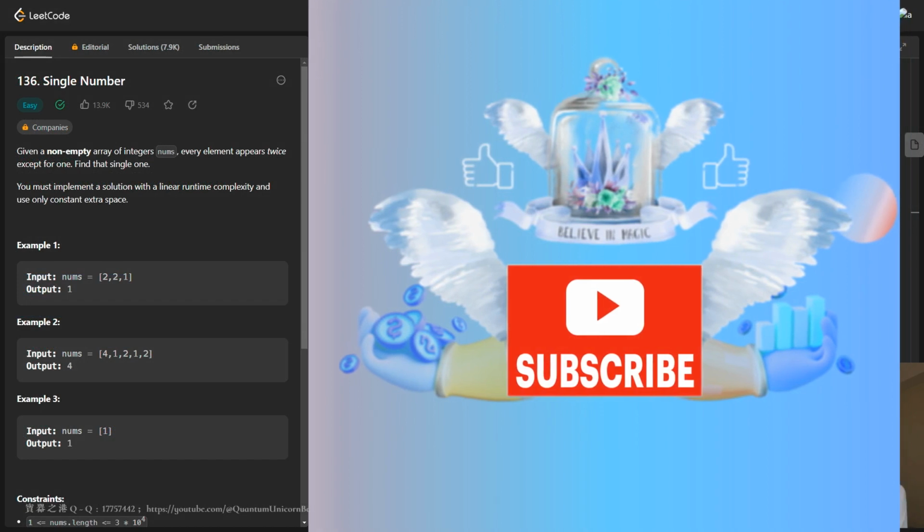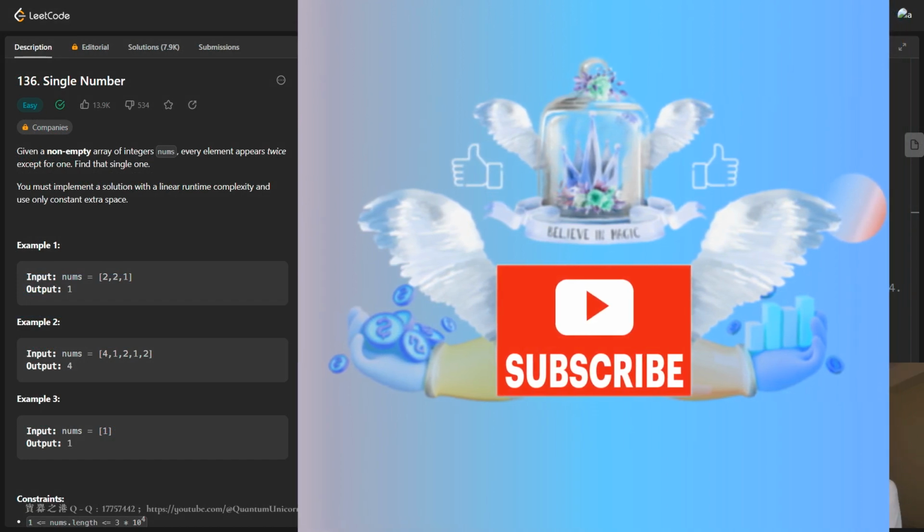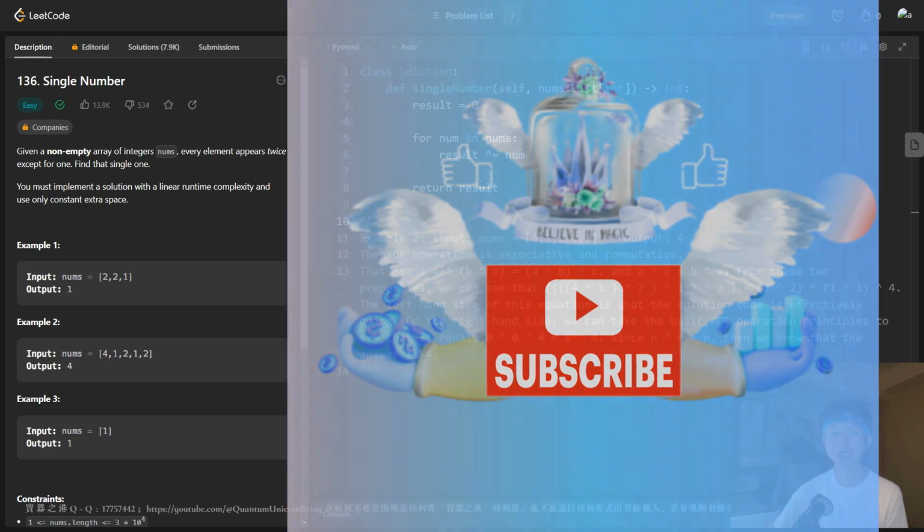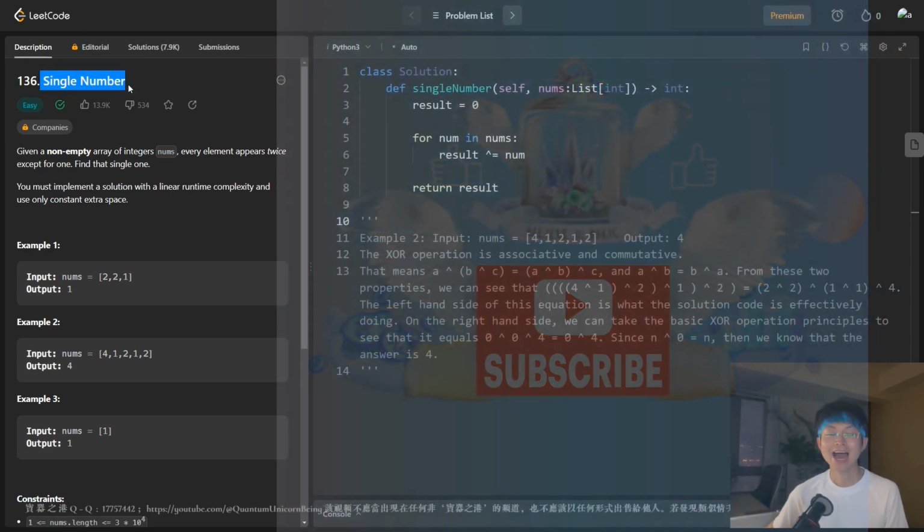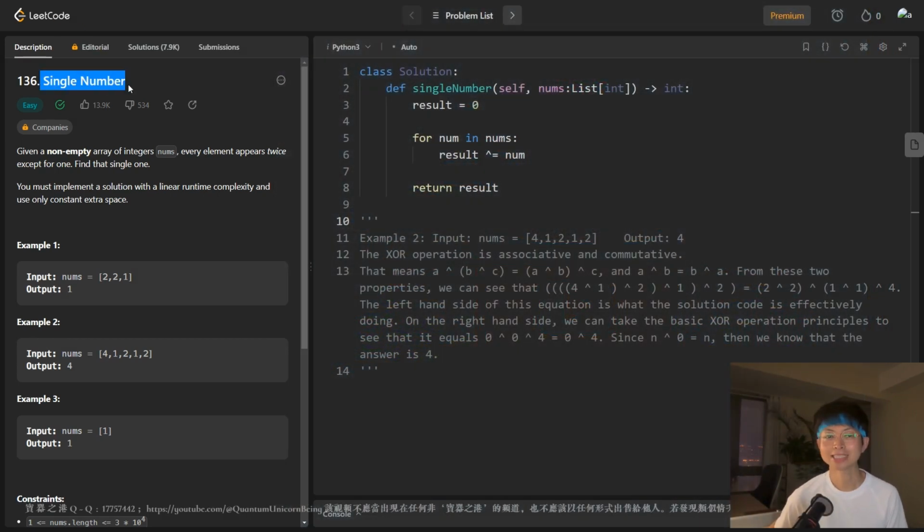This is Quantum Unicorn. The LeetCode problem we are solving in this video is Single Number. Okay, the solution is quite simple. Let's take some time to understand the intuition behind the solution. This solution utilizes the property of the bitwise XOR operation to solve the problem